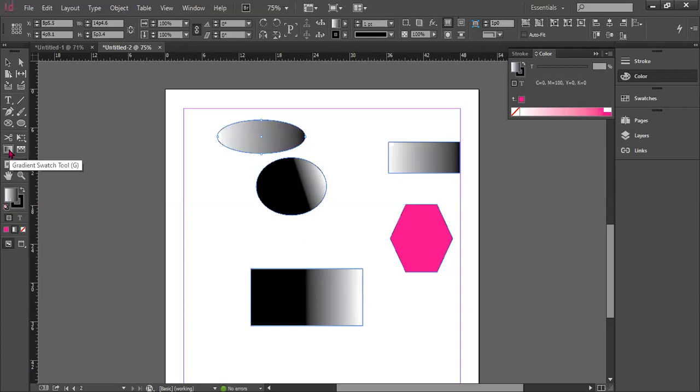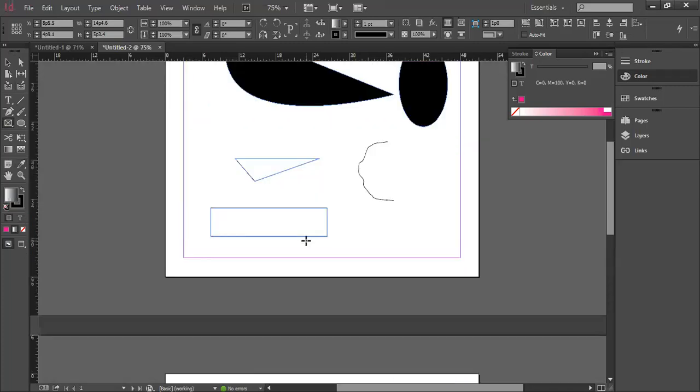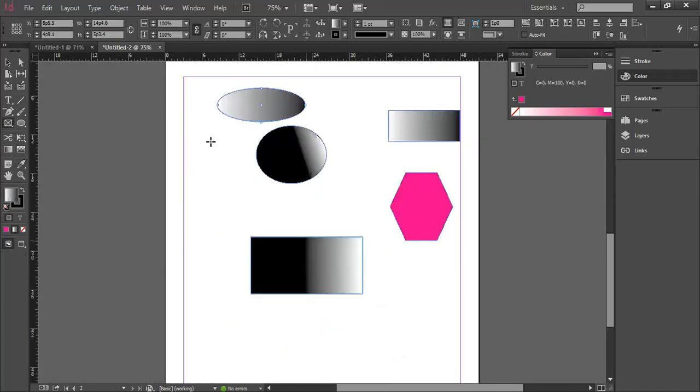Then we have the other tool. The very important tool is the rectangular frame tool. This is what I was looking for. The rectangular frame tool is very important. Why is it important? It's because it helps us to